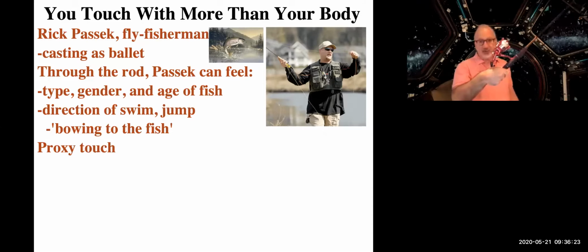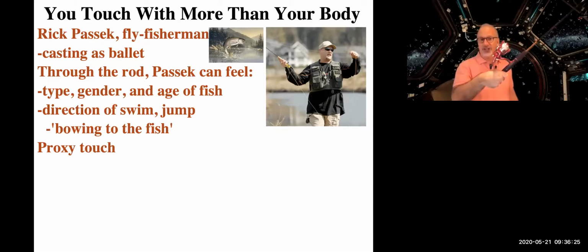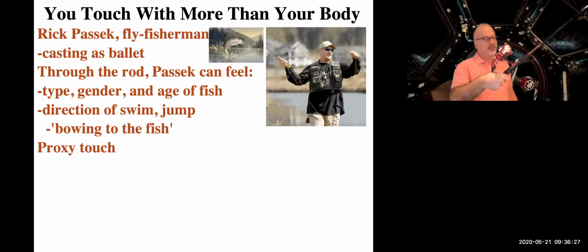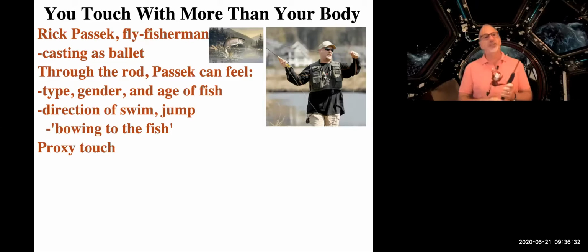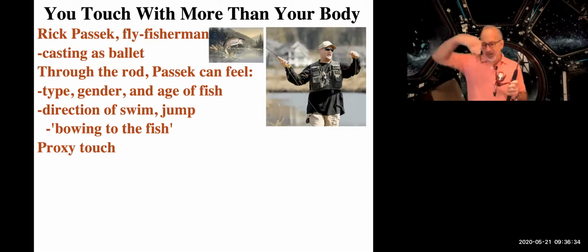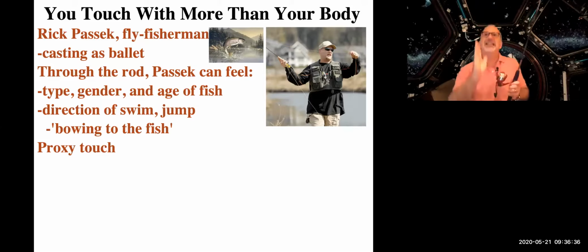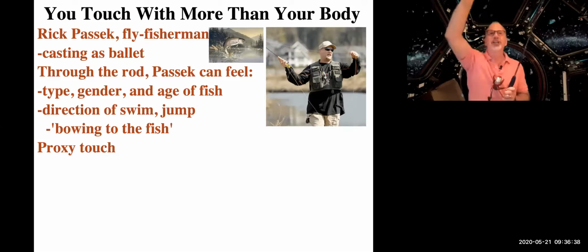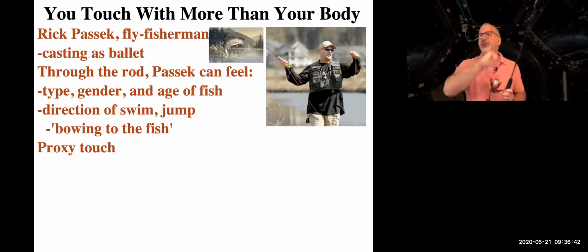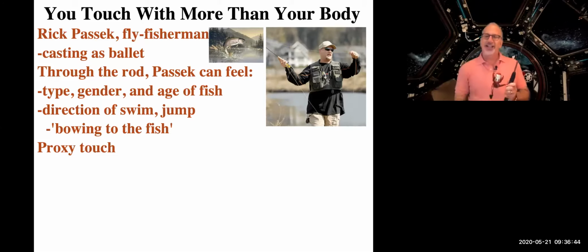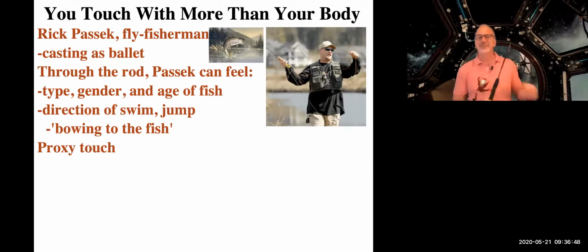And one of the most important things, of course, is how the fish is swimming. And we ended up talking about the fact that the fish, especially the experienced ones, know how to get the hook out of their mouth. And that is through diving down deep into the water and then diving up high out of the water to loosen the line, and therefore have the best chance to loosen the hook in its mouth and get away. These are all catch and release fish, and so they've gone through this a number of times.